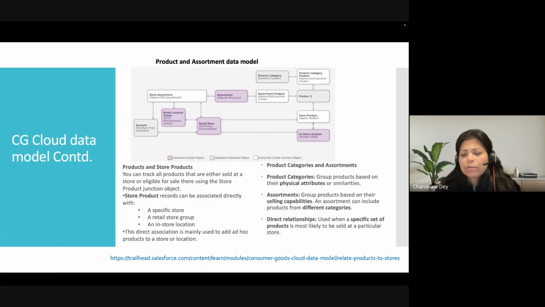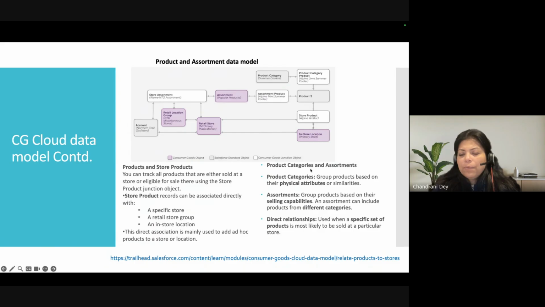So this is also something that the rep will go and capture, that the store product is not in this location anymore, it is now in a certain other location. If he is not able to do it through his mobile device, he will take a note, and then the operations team is going to change that record accordingly.